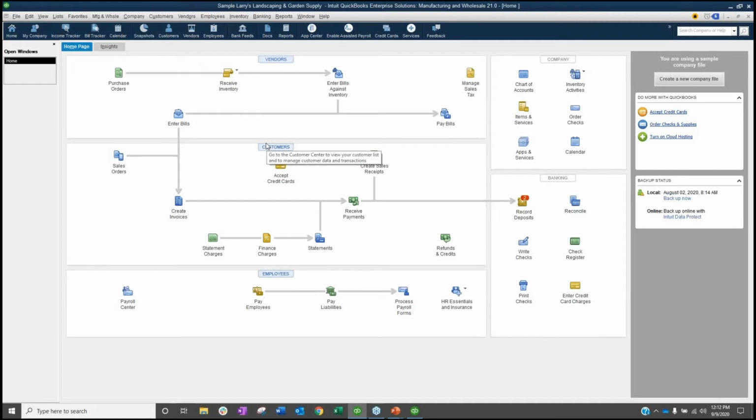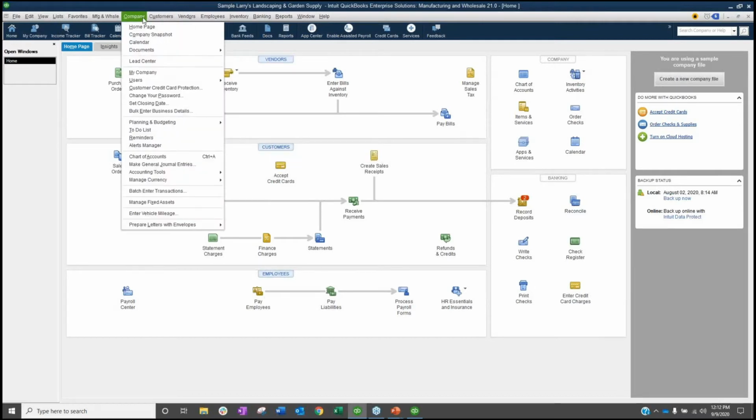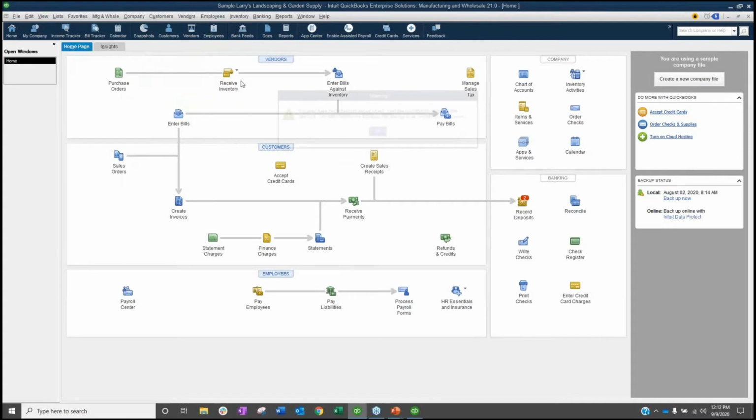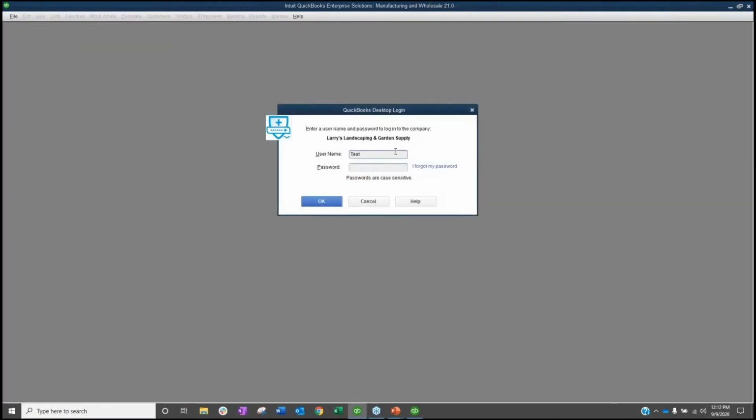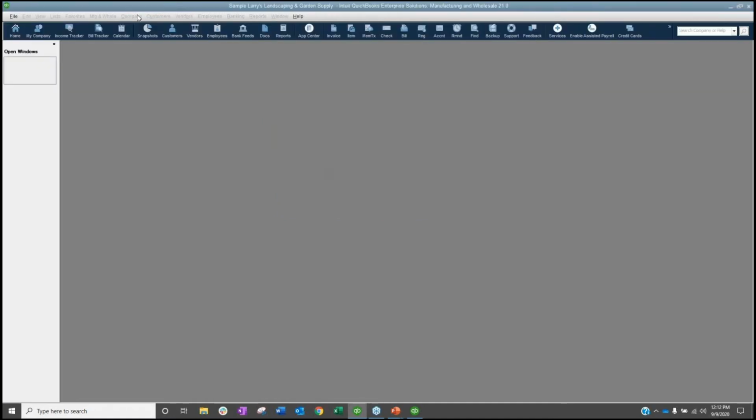Okay, so the first thing that we're going to be doing here is talking about Intuit account roles managed inside of QuickBooks. So if I come into company and users and set up users and roles, oops, I'm sorry, I'm already logged in. Let me get logged in as the admin user. Already yelling at me. QuickBooks is already yelling at me. 1, 2, 3, 4. When I go in as the admin to set up users and roles, I'm going to see a different look now.